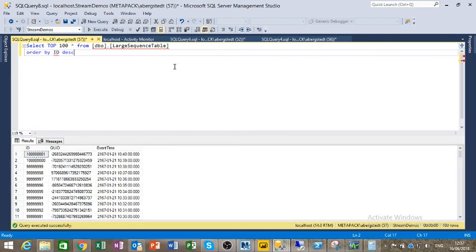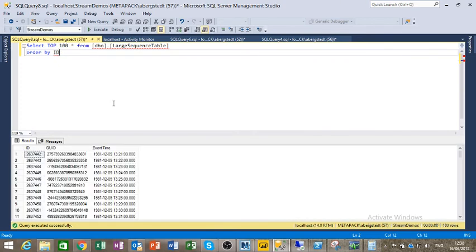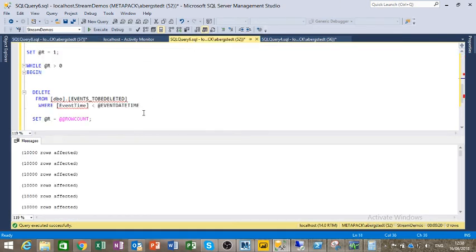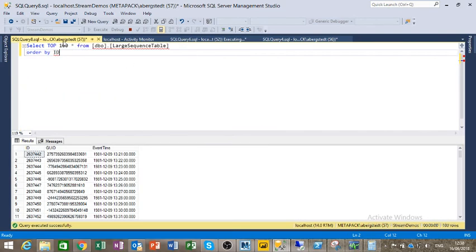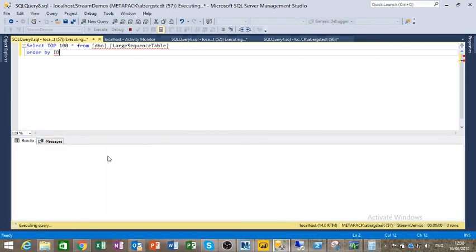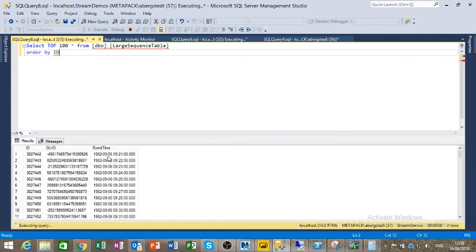Right. So these are the last 100 records, and it's not descending. It's those ones, right? I mean, it's ascending, not descending. Okay, so if we run this again, you can see we can still run order by. So we see, can you see the data's changing? You can see the dates are changing because we're deleting data. We're in 1982,